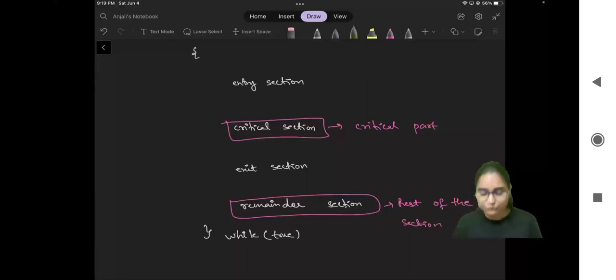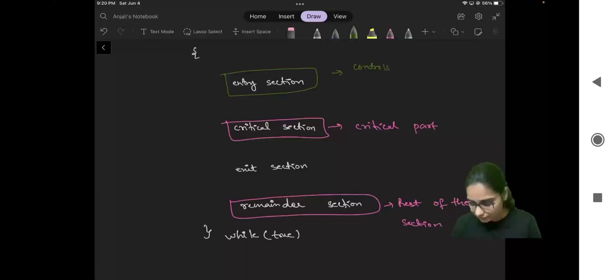All right, and now we are going to talk about the entry section and exit section. When you enter through your entry section, we are going to lock our resources. And why are we locking our resources? Because we ensure that at that particular time nobody else can go ahead and use them. So what we achieve here is controlling the entry into the critical section, and we perform a lock on the required resources. So we can say the entry section controls the entry in the critical section,